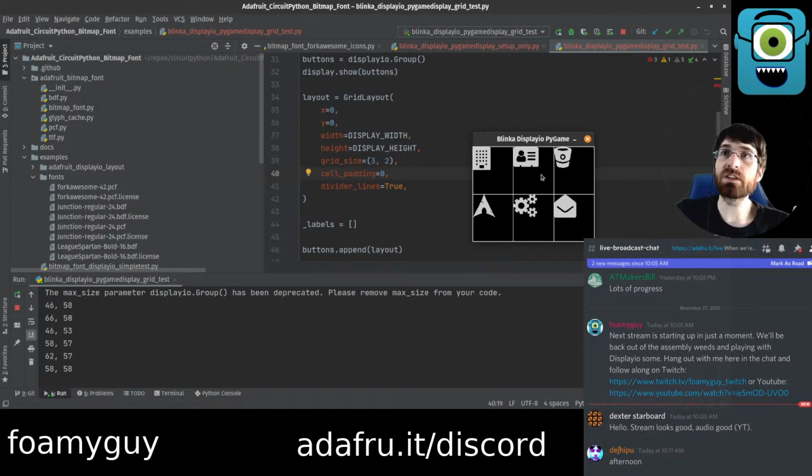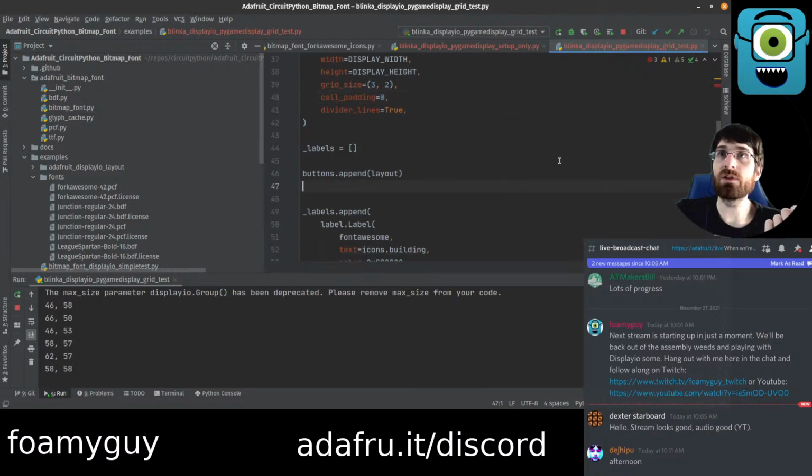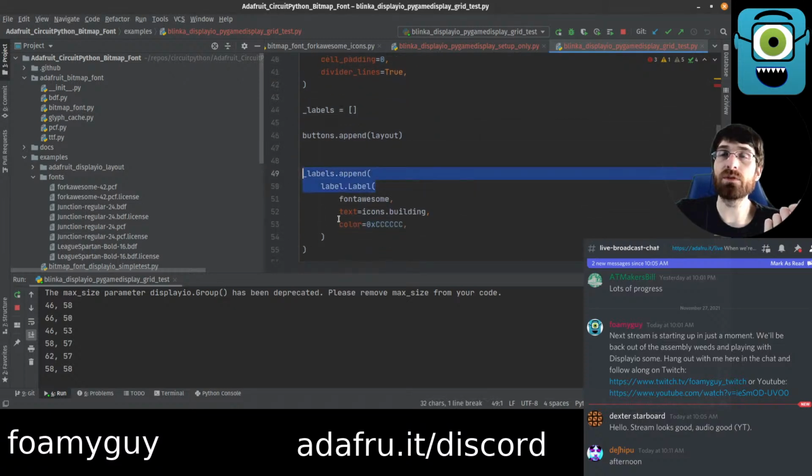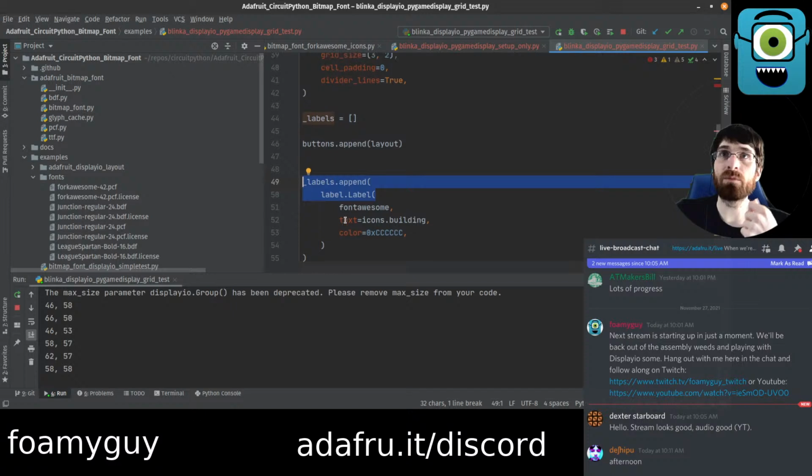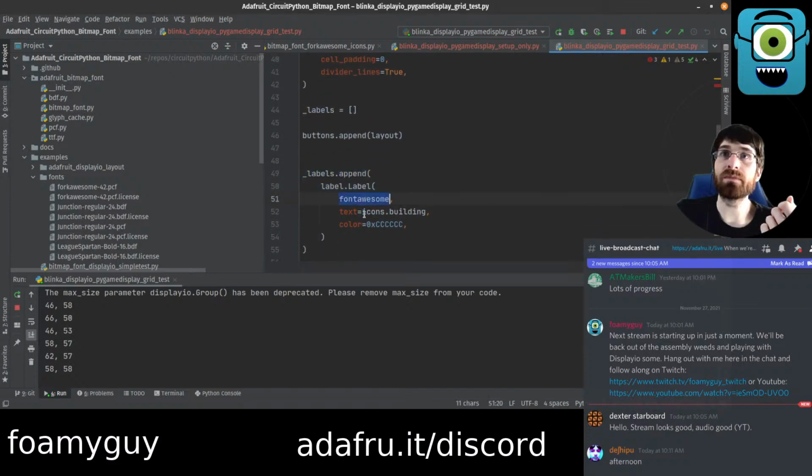So this is what it looks like without any padding on it. So that extra space that we had a moment ago was coming from the cell padding. So right now our contents are in the top left. Each one of our contents are their own label, and they happen to be using the Font Awesome font, which